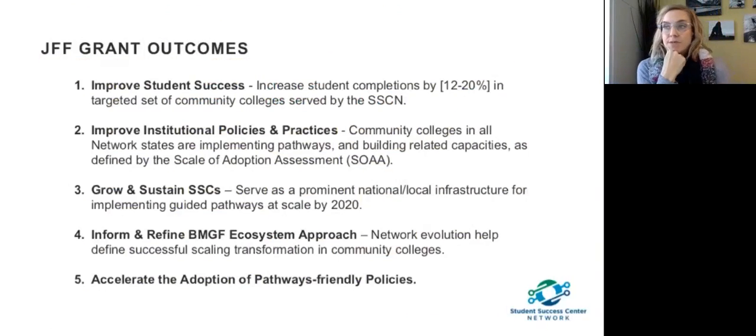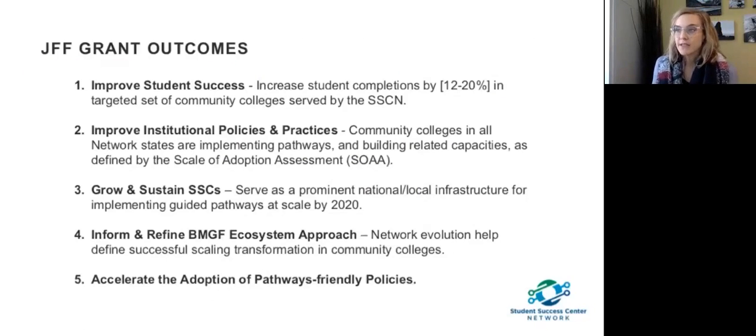So these 5 outcomes relate to JFF's commitment to fulfill our grant, and represent the aspirations for us and the foundation to achieve results in this short time through May 2020.